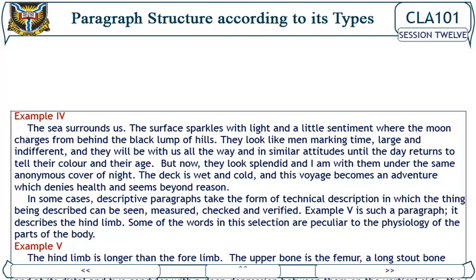Example 5. The hind limb is longer than the forelimb. The upper bone is the femur, a long stout bone bearing a rounded edge at its proximal end, and it articulates with the acetabulum of the pelvis and at its distal end two condyles with a deep depression between them on the ventral side, the